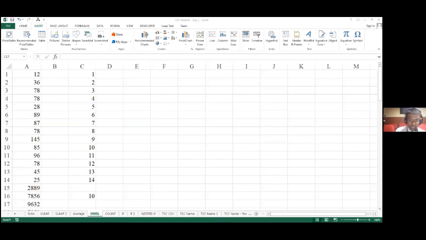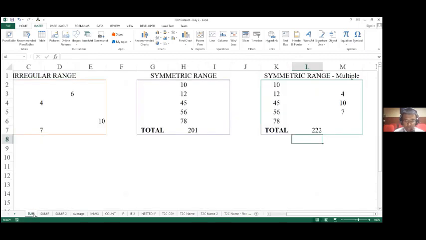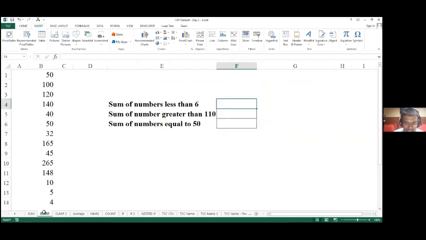While we take time to do that, I'll quickly do a recap of what we learned today. Today we learned sum: how to carry out summation in the case of regular, irregular, symmetrical, and multiple series. Then we learned the functionality of SUMIF, which we can apply when a certain condition or criteria is specified.